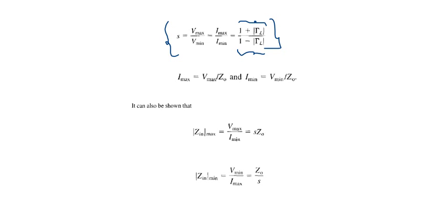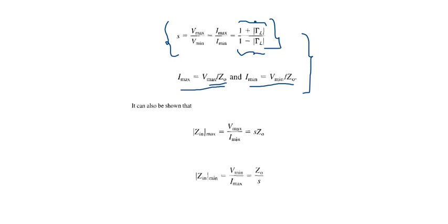Moreover, we can also rewrite this relationship in terms of characteristic impedance. Here we can write the maximum current is equal to the maximum voltage divided by characteristic impedance, and in the same way the minimum current is equal to the ratio of minimum voltage divided by the characteristic impedance. Now with the help of these two relationships, the very first relationship is between standing wave ratio and reflection coefficient, along with maximum voltage and maximum current, as well as minimum voltage and current, and the characteristic impedance, we can